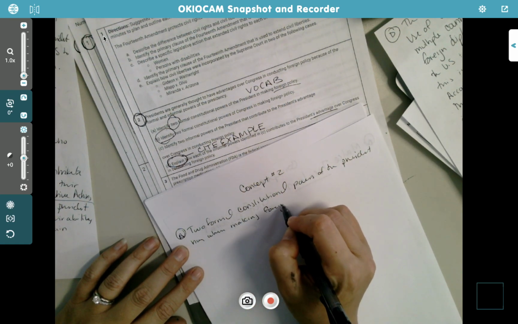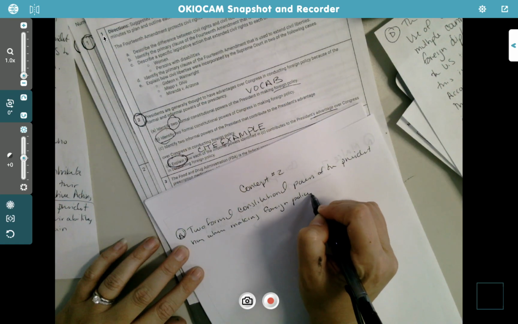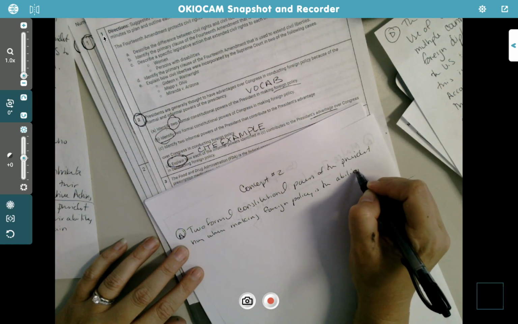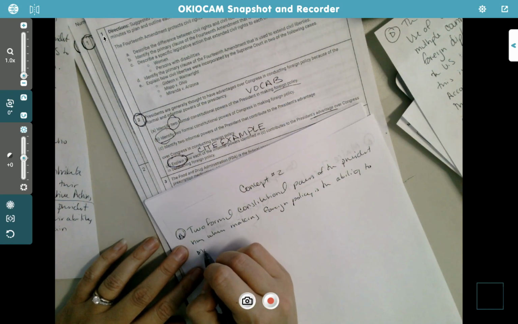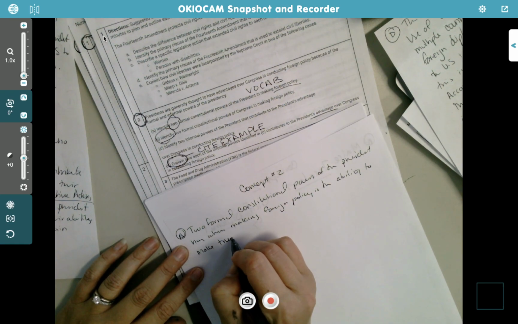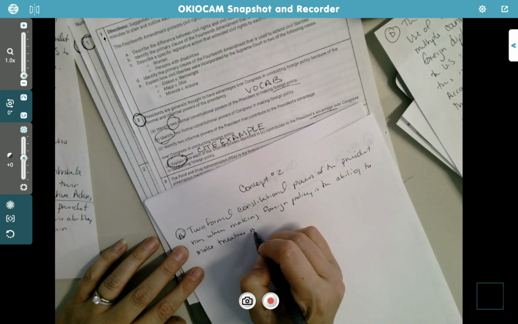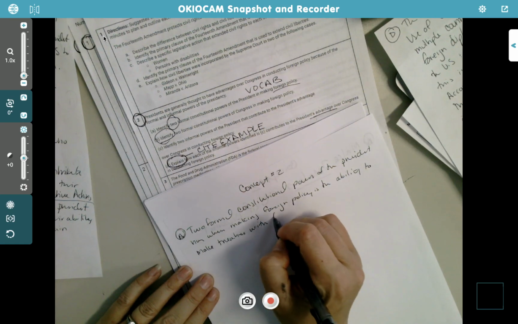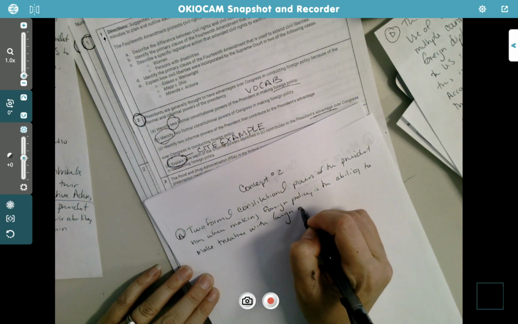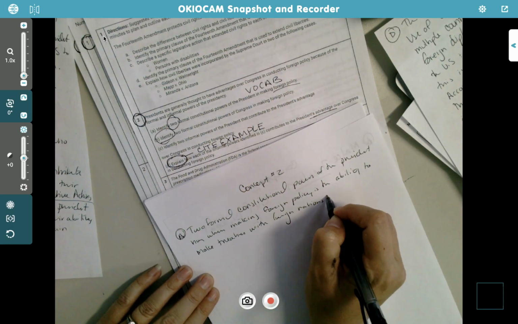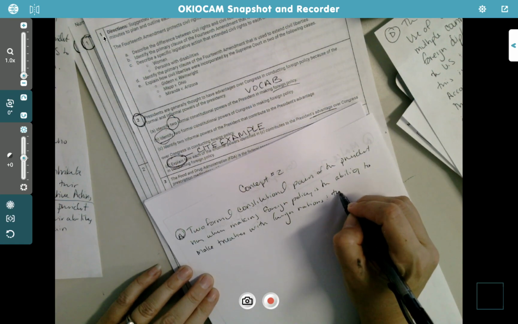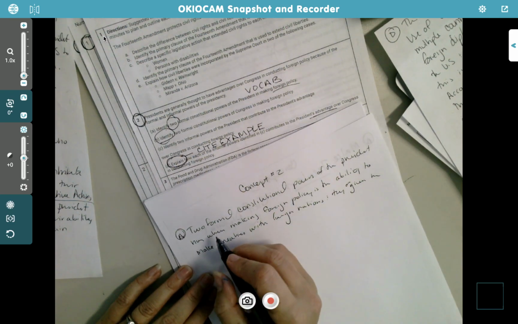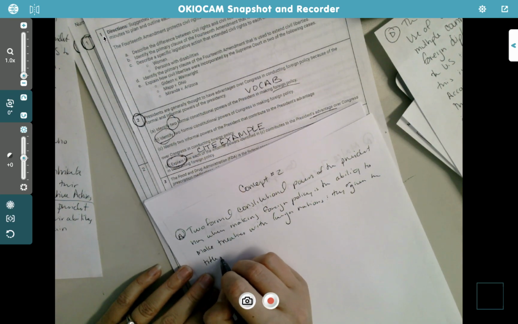Making foreign policy is the ability to make treaties with foreign nations, and they are given the title of chief